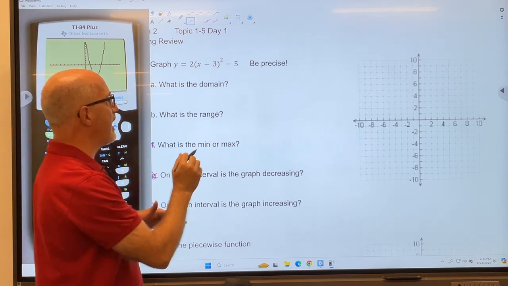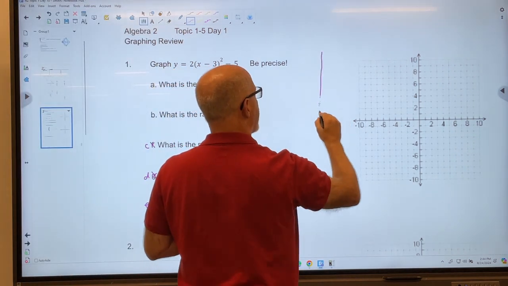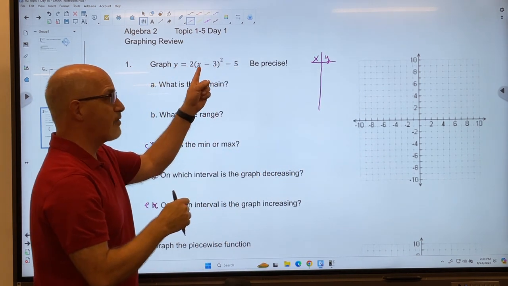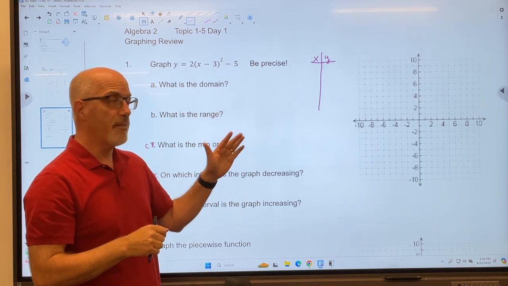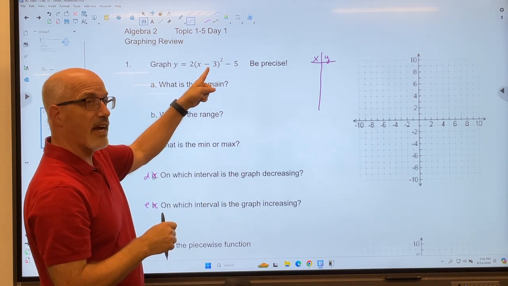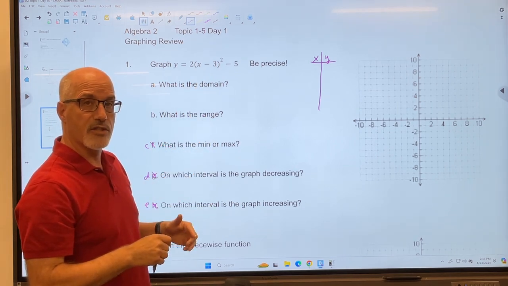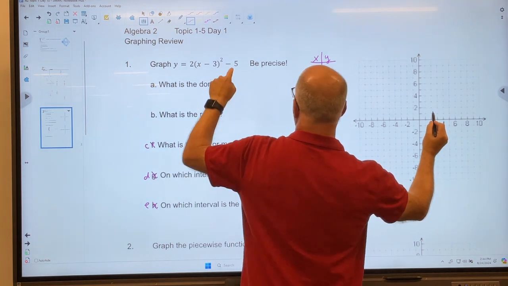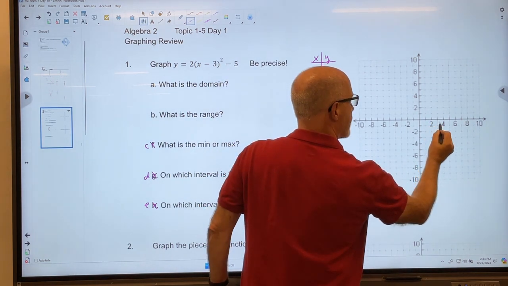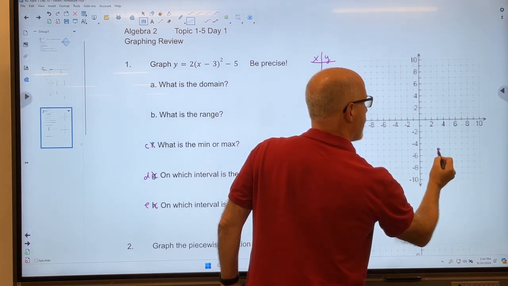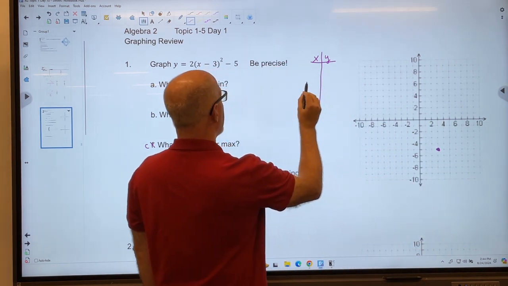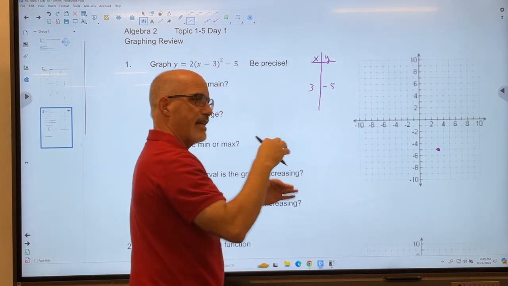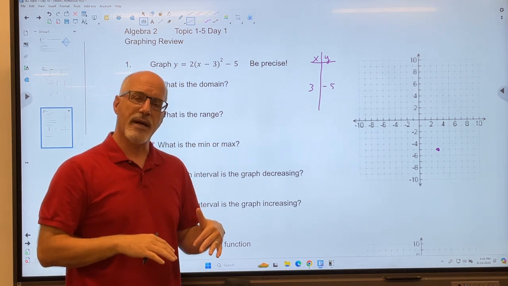Let's go ahead and set up a table for it just so that we get an idea of what this table looks like. You might remember that from our translation problem, this moves the x value over in the opposite direction, so it moves it over to +3. It's going to move it over to 3, and then this moves it down 5. So over to 3, down to 5 is that point right there. That's critical. I'm going to use that point 3, -5 to be the center point for my chart, my table,